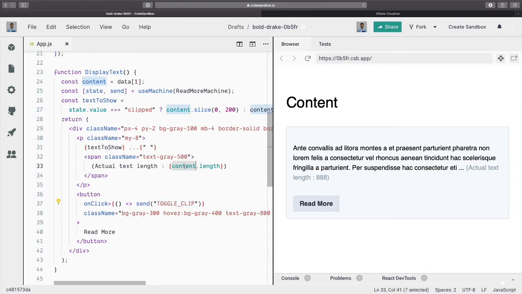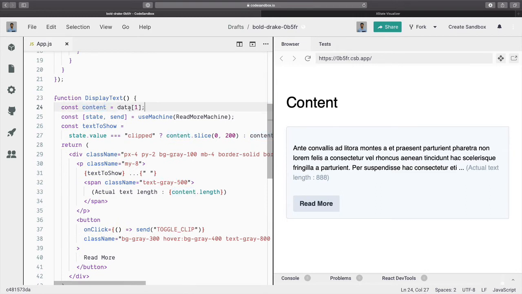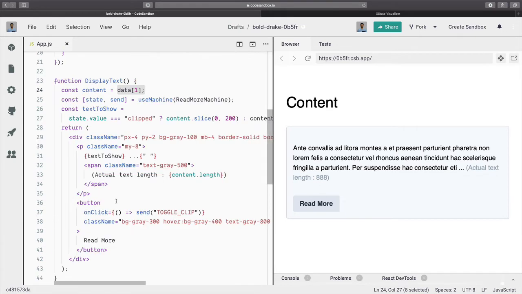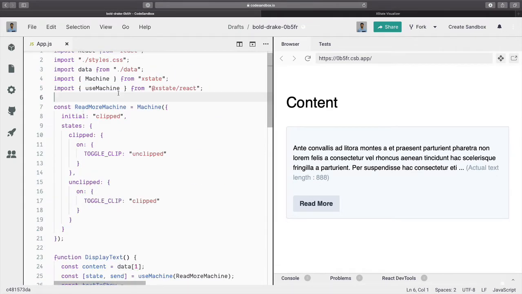So now we have the read more logic implemented, except that the data is hard coded. We don't want to do that. So we will use context to send this data to the machine itself. And we'll also grab data from, so we'll implement a map. We have the data